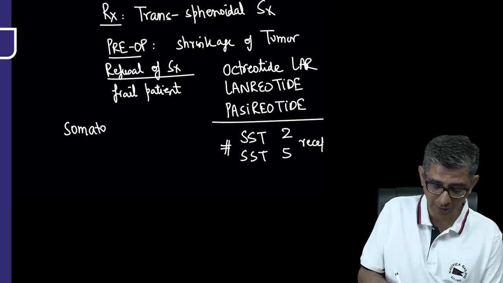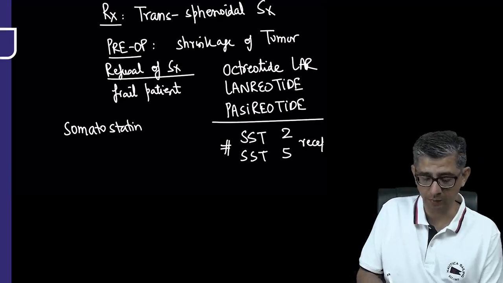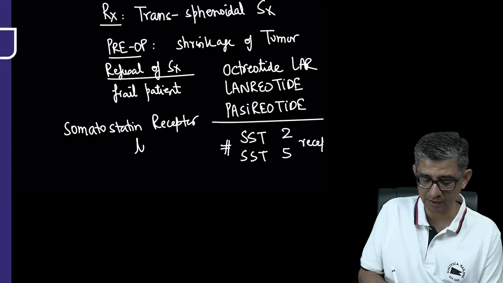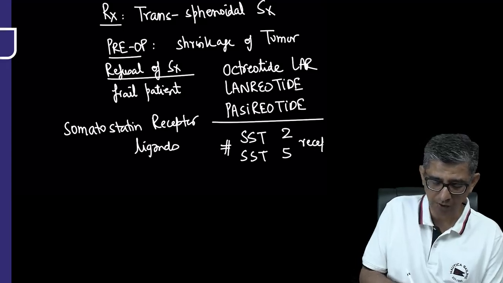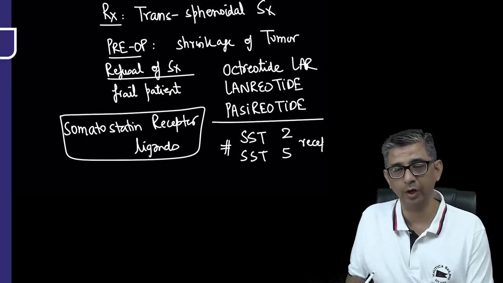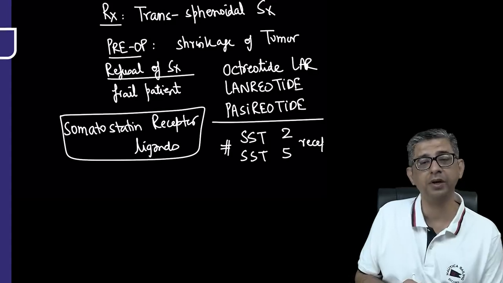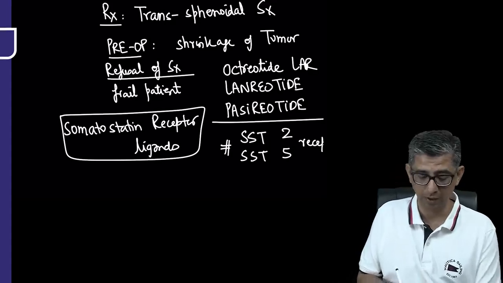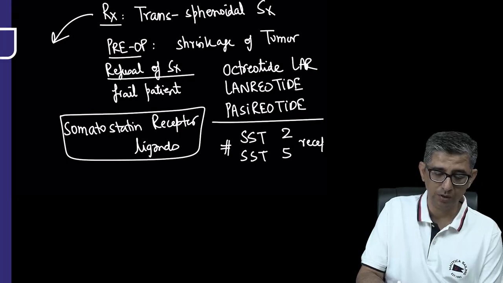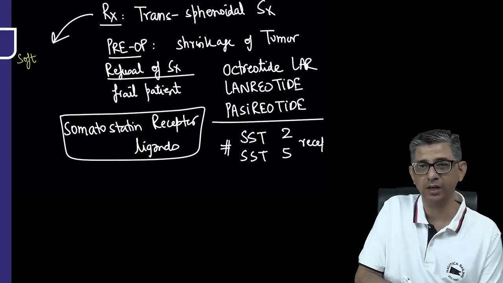So from the exam perspective, if he says what drugs would be used, the broad category that you will answer will be SRL. When I say SRL, I mean somatostatin receptor ligands. What these SRLs will do is reduce the production of growth hormone from the adenoma, which expresses these receptors, by blocking them and causing a significant improvement in the general condition of the patient. In fact, if he says, what is the first thing that you notice in a person once the surgery has been done, then obviously all the growth hormone levels will begin to fall, IGF-1 levels will begin to fall,